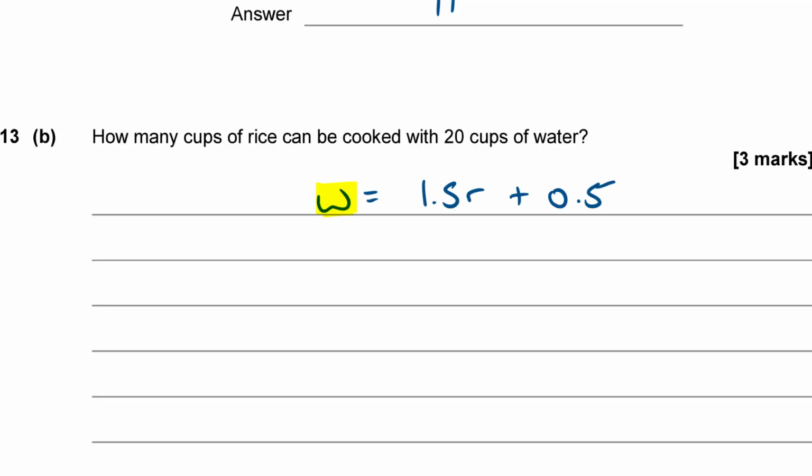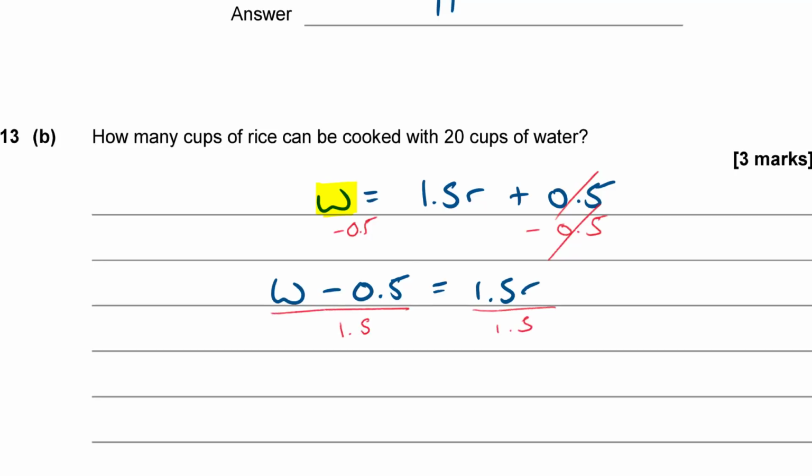So I've got W equals 1.5 R plus 0.5. So subtracting 0.5 from both sides. So minus 0.5 minus 0.5. They're going to cancel. And I'm going to be left with W minus 0.5 is equal to 1.5 R. Okay, and then dividing both sides by 1.5. It's going to leave me with R on the right, and that is equal to W minus 0.5 over 1.5. Okay, so I'm going to switch that around to put R at the front, and then I'm going to sub